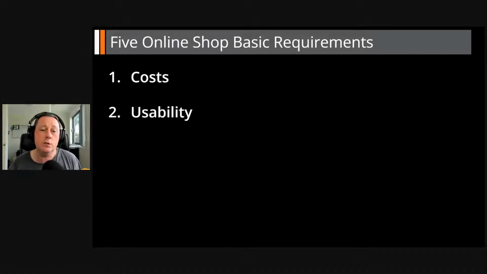The next thing is usability. Now, how easy is the platform to use? So consider administration aspects like creating products, importing and exporting products, managing stock, refunds, the reporting mechanisms, as well as the front end experience as well, like will people be able to find your products, be able to add stuff into the cart, do checkout, do payment, and get deliveries as well. So usability, obviously, a very important key metric to look at.